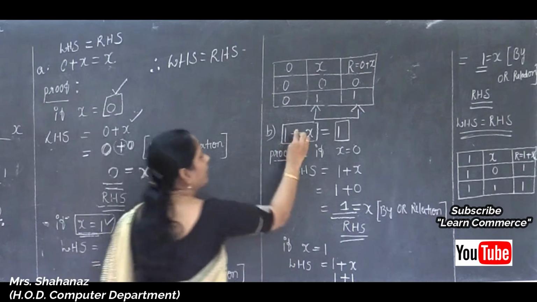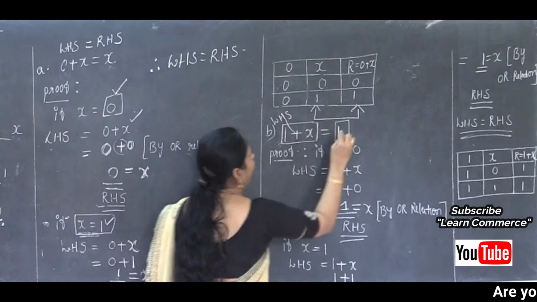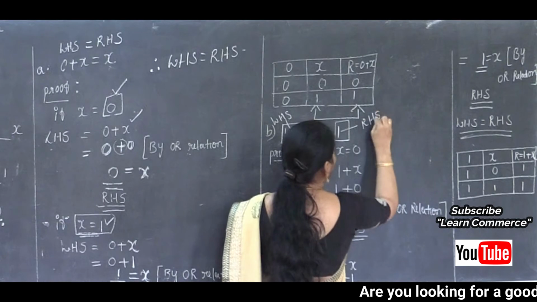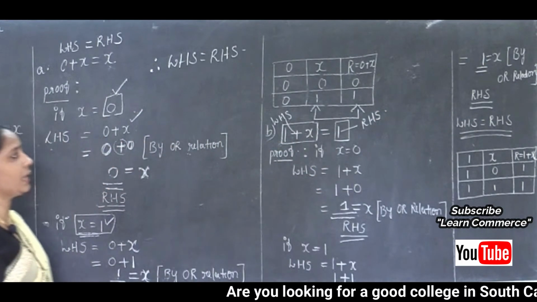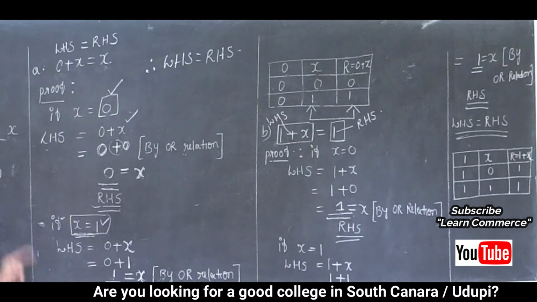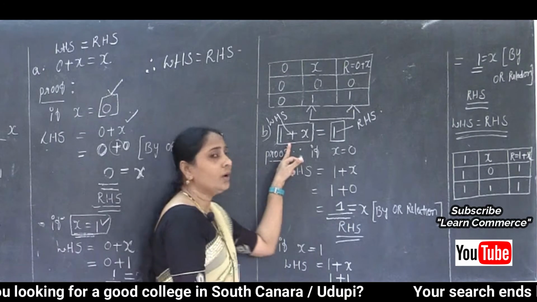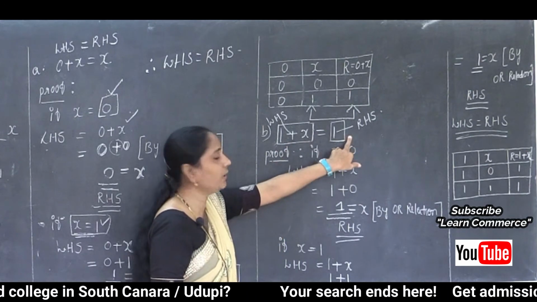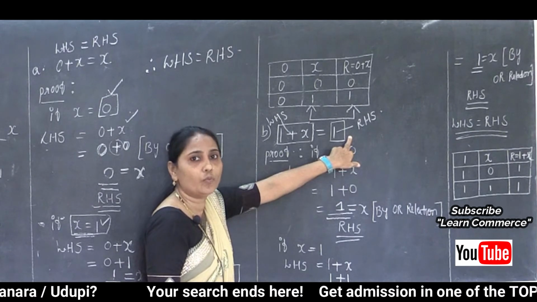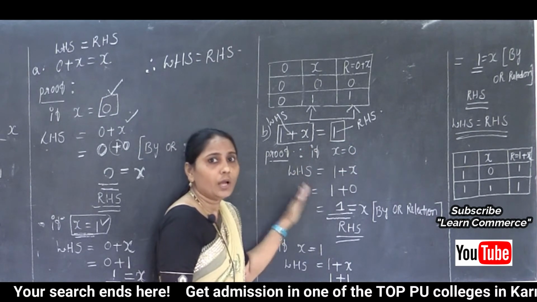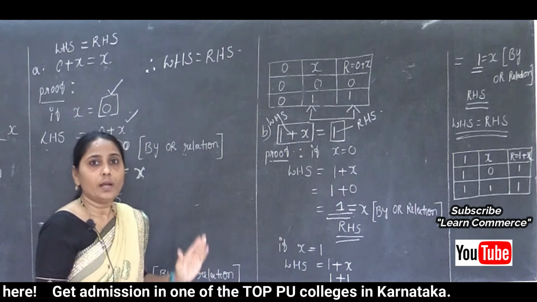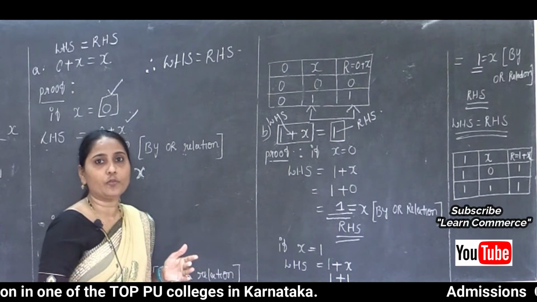Clear this point? This is the left hand side and this value is the right hand side. Now I am going to prove whether the left hand side value is equal to the right hand side. Left hand side is 1 plus x, and in the right hand side, which value? The value is 1. So before going to prove, I am going to consider some values for x,